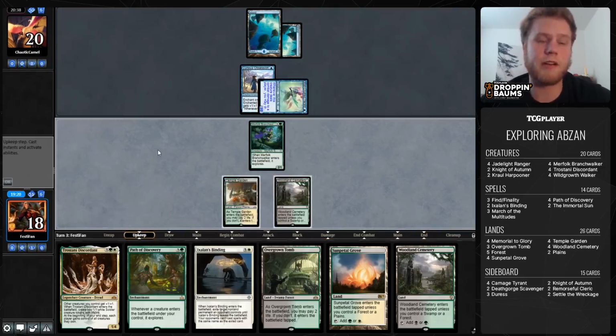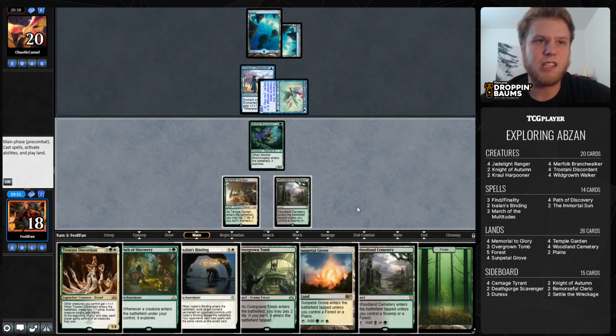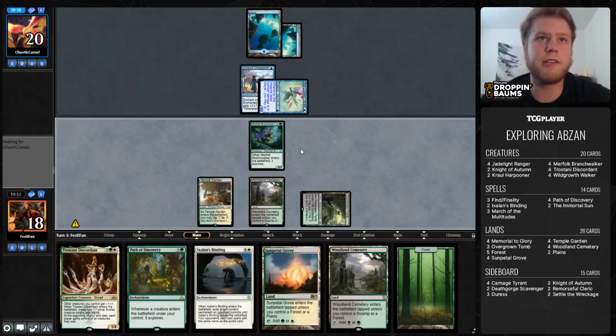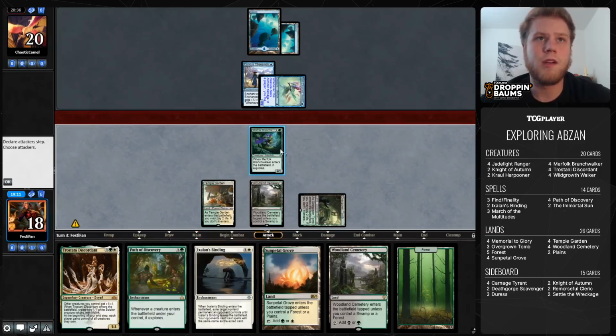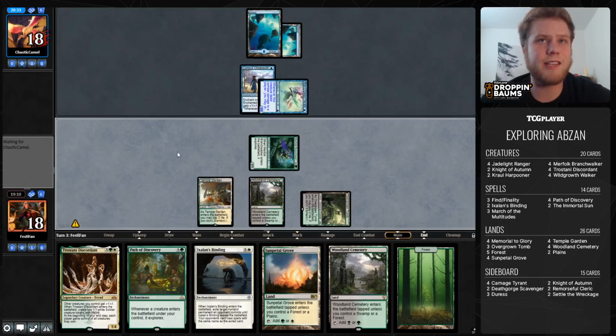Harpooner. Oh, wait, no. Not flying. Wait, does this give it flying? No. Okay. I'll play this. Take no damage. Might have to Ixalan's Binding next turn. I wouldn't like it, but...